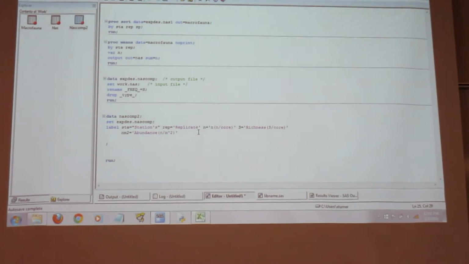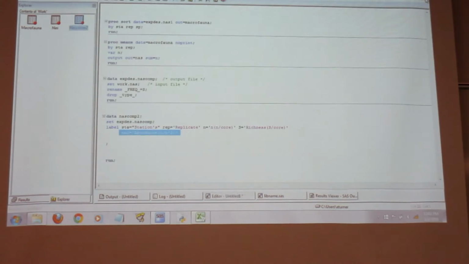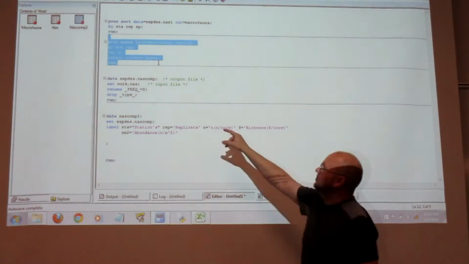Alright. The thing here is I actually wanted this abundance, but we don't have it in our file, right? If we go back up and look at our composite file, we didn't do the sums for that. We only did the sums for the number. So we want to add those into our composite file. If we go back up to the means statement we first did, that gave us the sums.